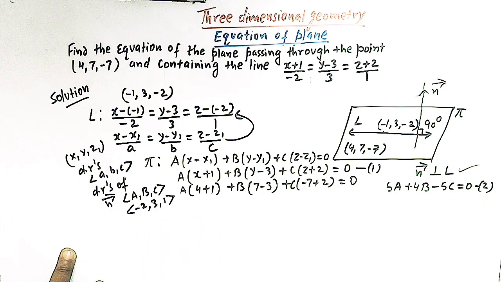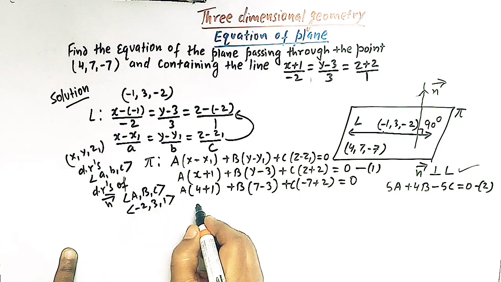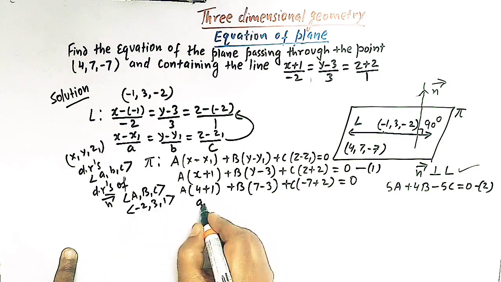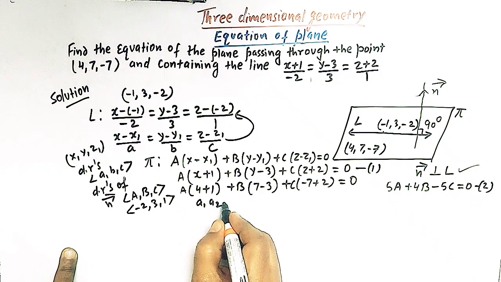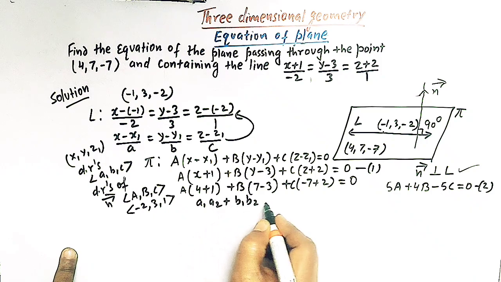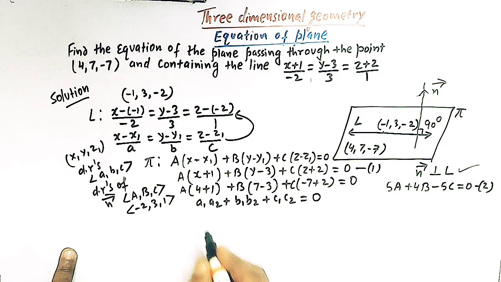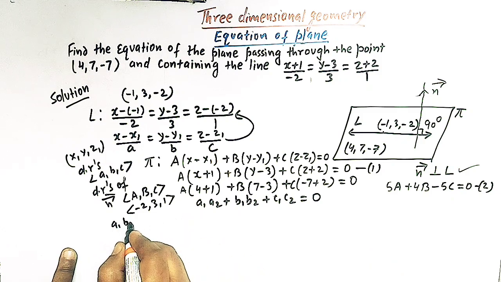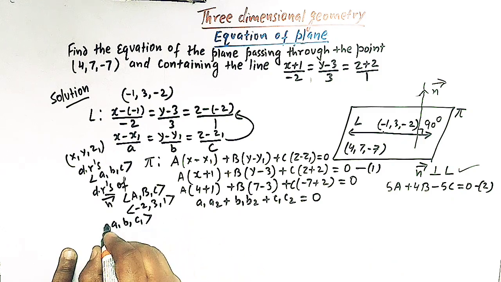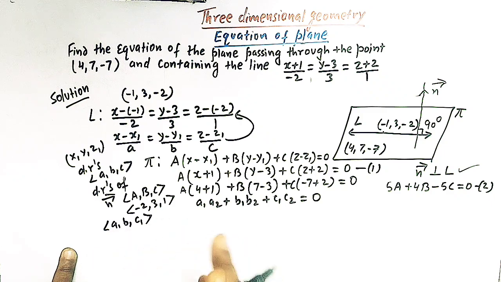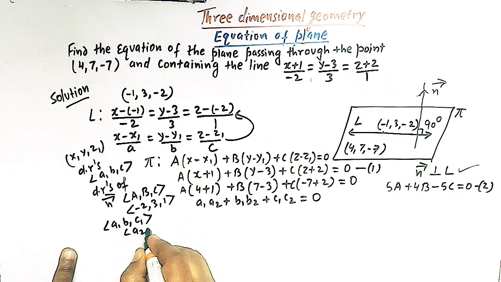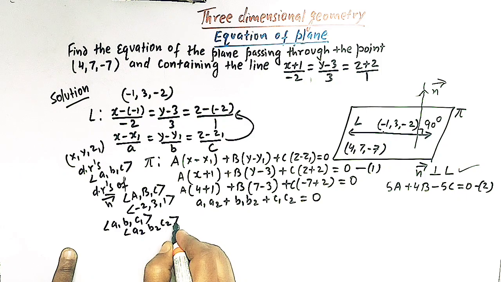And we know that when two vectors are perpendicular to each other, then we have this condition, that is say a1 a2 plus b1 b2 plus c1 c2 is equal to 0, where a1 b1 c1 are the direction ratios of the first vector,